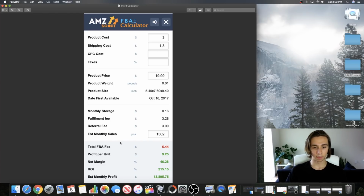And then estimated monthly sales. Now this is their estimated monthly sales. Again, I ordered 10% of that. I don't expect to take all of their customers, but this is what we need to look at. So net margin, ROI, and profit per unit. So a 50% net margin,